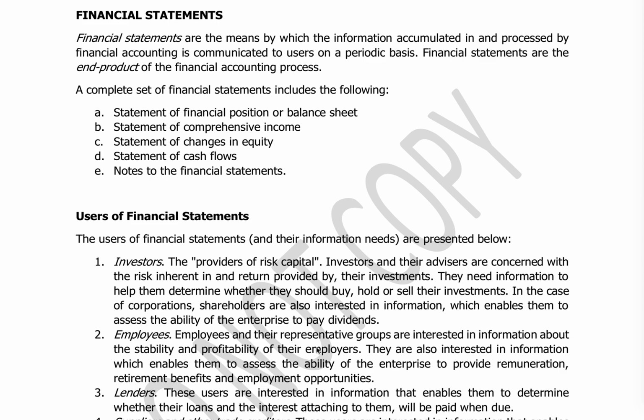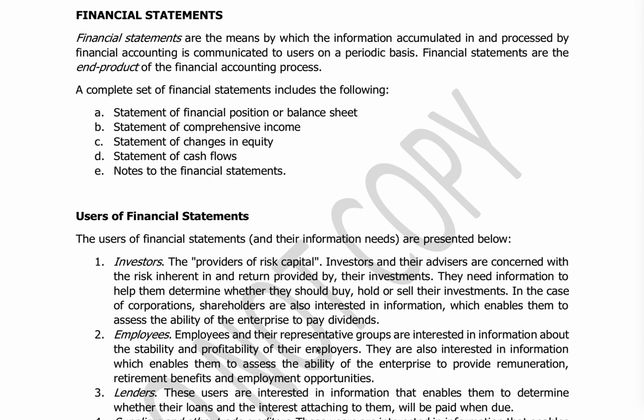Pag statement of changes in equity naman, yan yung changes ng capital mo. Diyan mo makikita yung beginning capital, plus yung additional investments, less yung withdrawals mo, and yung ending capital. Sinasabi lang niya, ano yung changes sa capital mo. Statement of changes in equity. Ang equity kasi, yung equity na yan yung residual interest mo sa company mo. And when you say residual interest sa company, that is your capital. Kaya sinabing statement of changes in